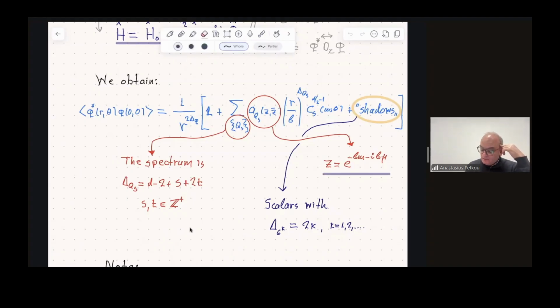But why you think that this is modified? Because here, sorry. Yeah,